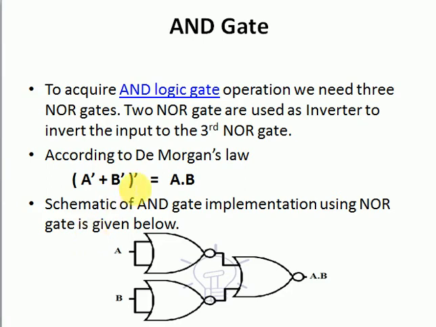By using De Morgan's law, we know that (A complement plus B complement) whole complement is equal to A dot B. Here at both inputs we have the combined input A, and we will get A complement. Here we have the combined input B, and at the output we will get B complement. When we apply this A complement and this B complement, at the output side we will get (A complement plus B complement) whole complement. And by using De Morgan's law we know that this is equal to A dot B. So that's how an AND gate is converted into NOR gates.